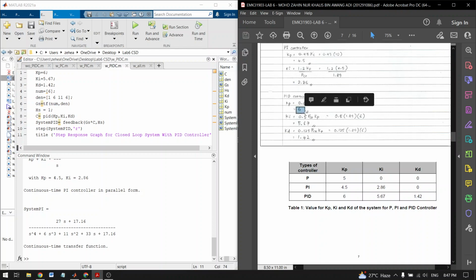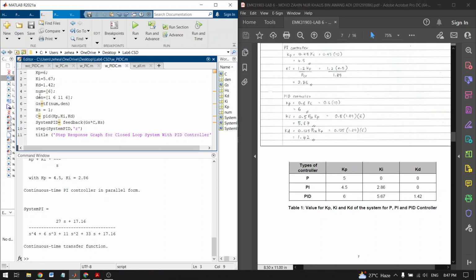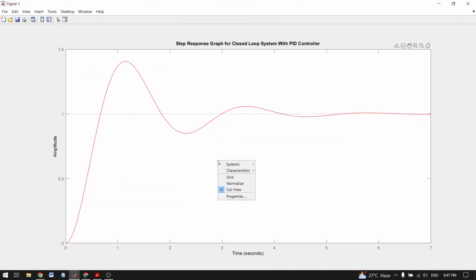We get Kp equal to 6, Ki equal to 5.67, Kd equal to 1.42, and we put the values into MATLAB and use this function for the PID controller with Kp, Ki and Kd, and we plot the step response graph. Here we will get this graph,